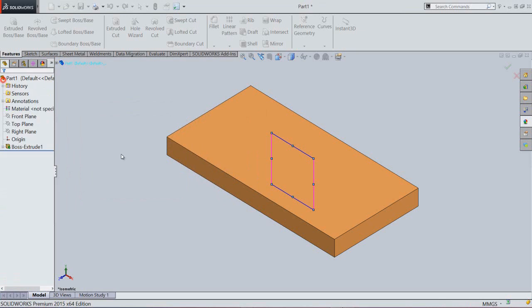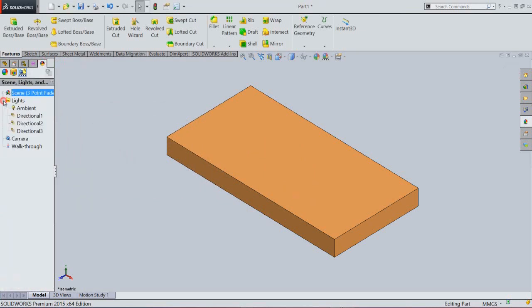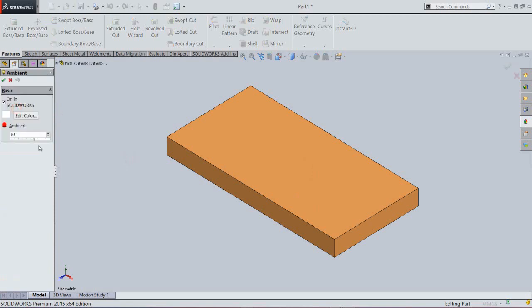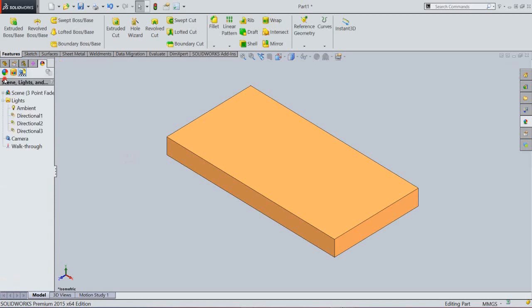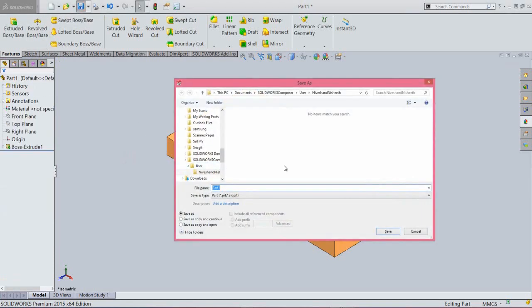OK, now my model is looking very fine. It looks good. OK, save the file with the name engine case rear.